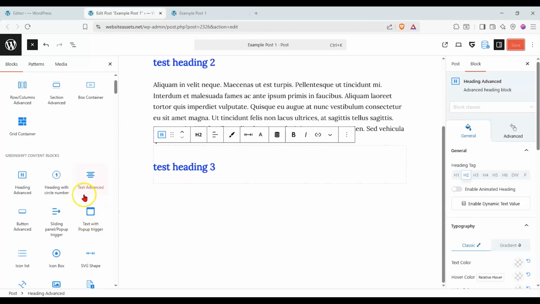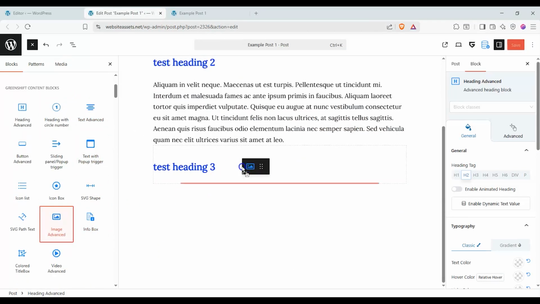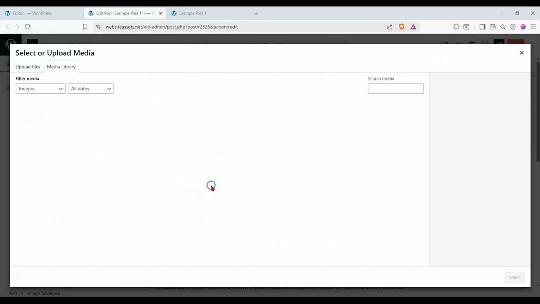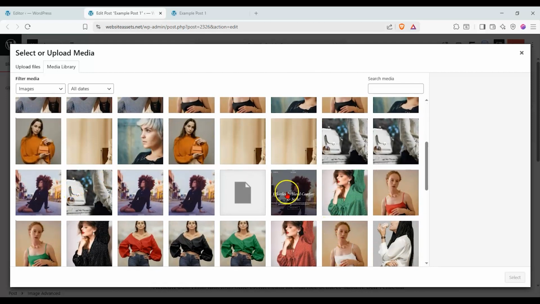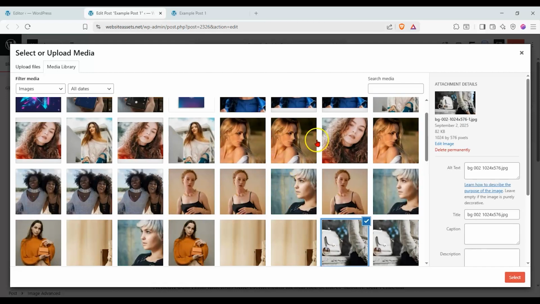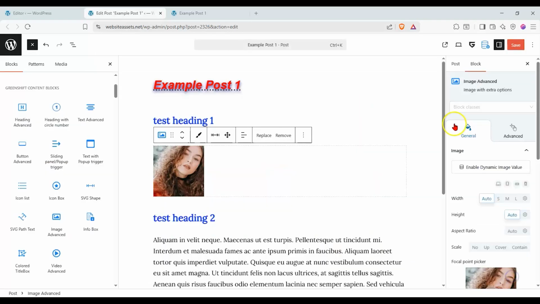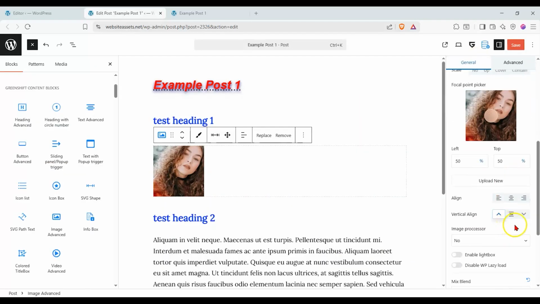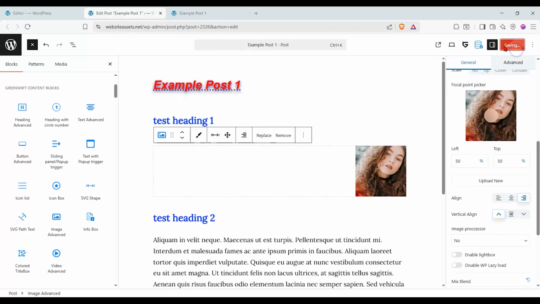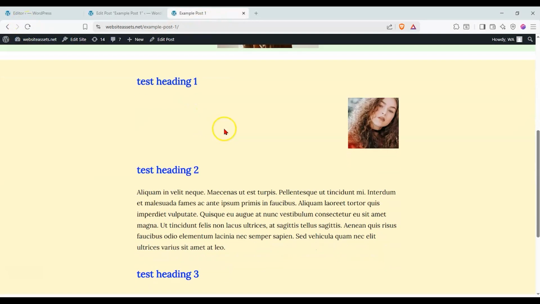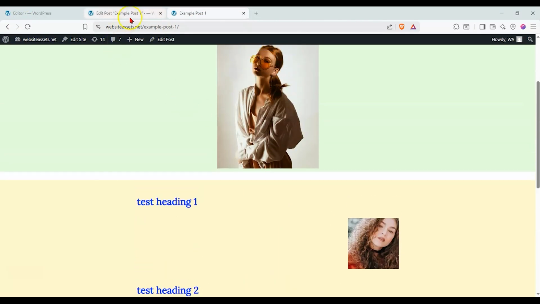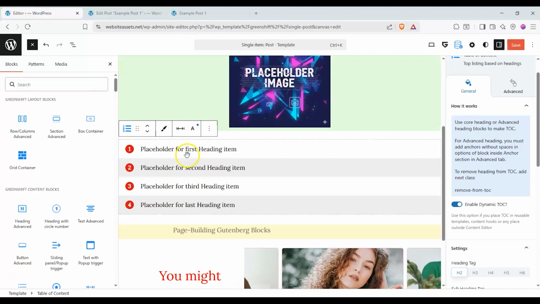So if we were to add in an image, just as a side, we'll add in an image, upload from the media library, and we'll just select some random photo. This one, I guess, and we can center this up or put it on the right just so you can see. Save it and then reload it. You can see that whatever we put in here is there. And if we wanted the headings to appear on our